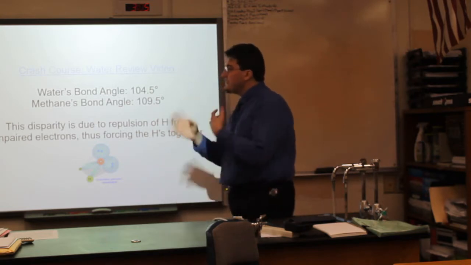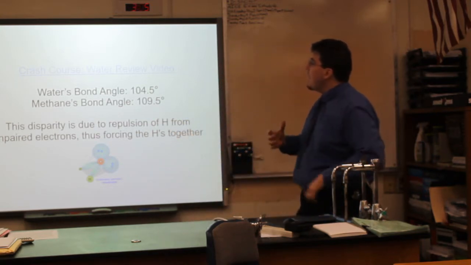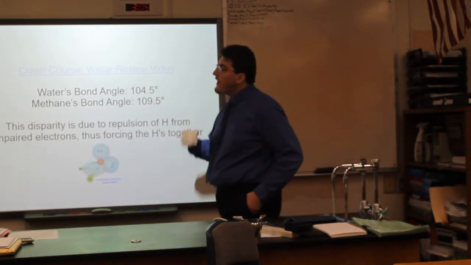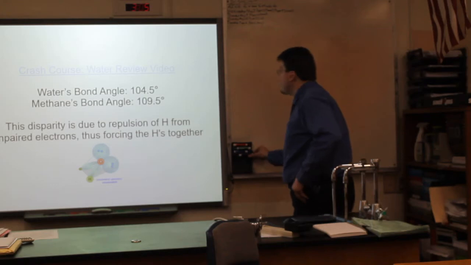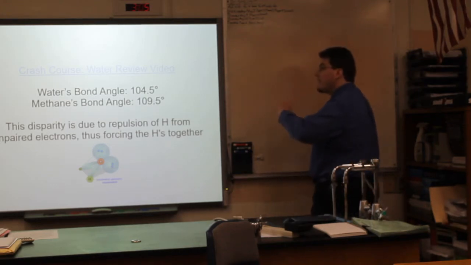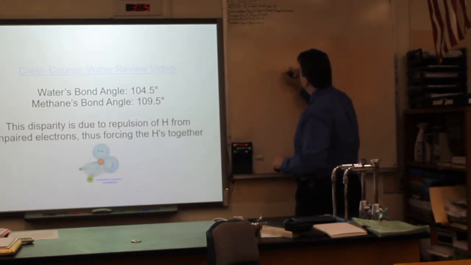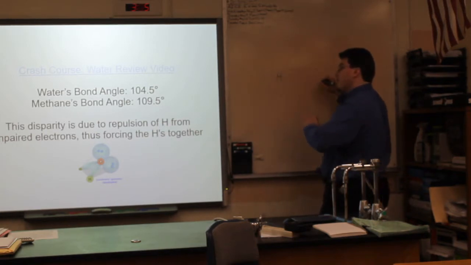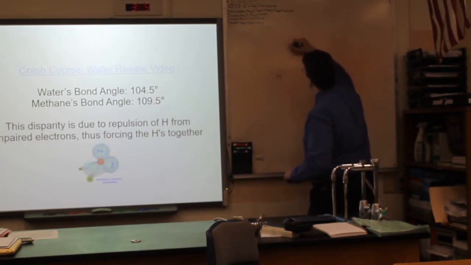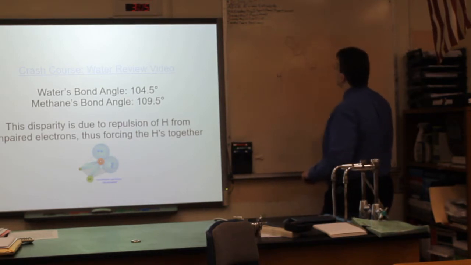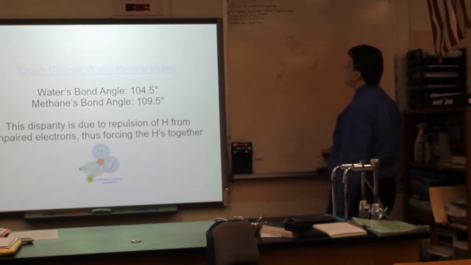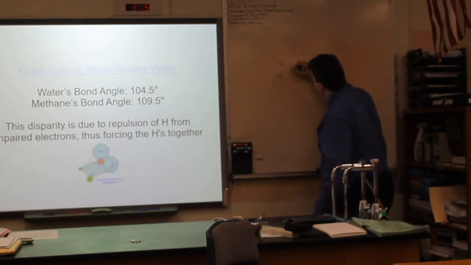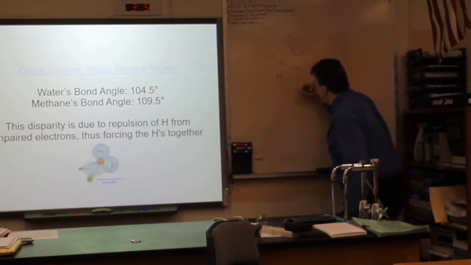Water's bond angle, some of the things that are associated with this. Water's bond angle is 104.5 degrees, and methane's bond angle is 109.5 degrees. This results from the repulsion of hydrogen from unpaired electrons in the oxygen. So that forces these hydrogens together, decreasing the bond angle. But in methane,